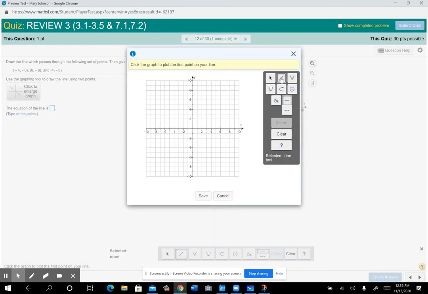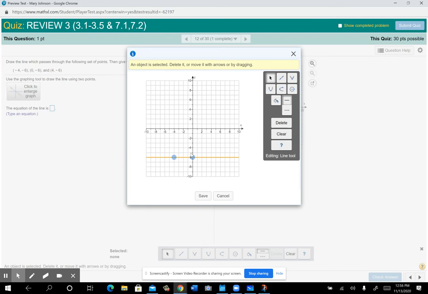So I'm going to take my line tool. I'm going to plot the point (-4, -6). Make sure I'm in the right spot. Okay. And see how it shows me up in yellow that I did that correctly? It kind of shows me the ordered pairs. That helps a lot. Then (0, -6). Well, that would be right there. And then (4, -6) would be over here, but I already have my line, so it won't put that third